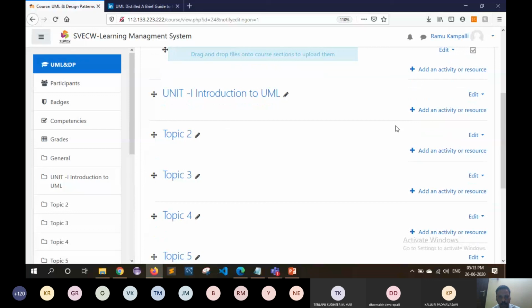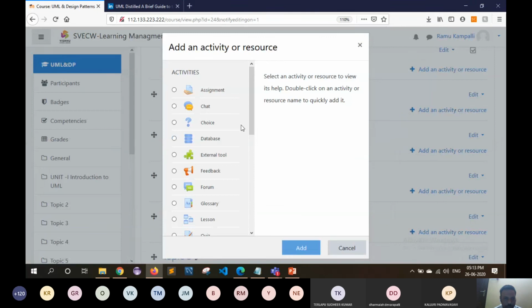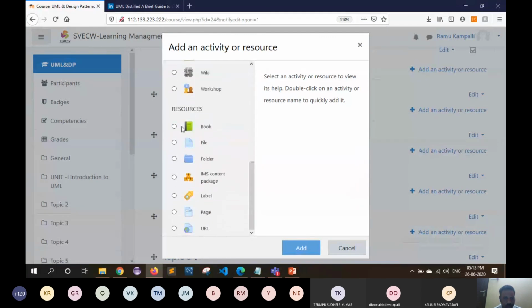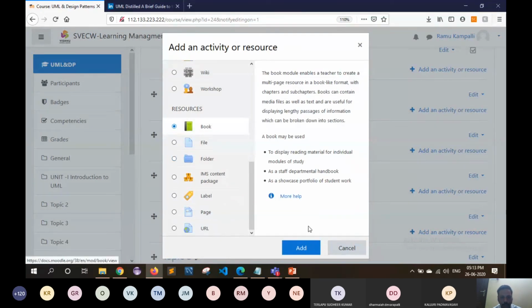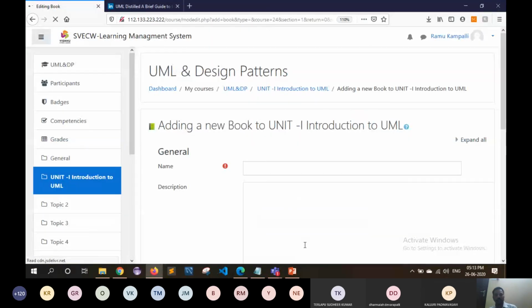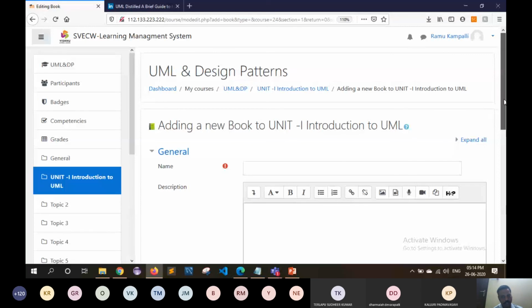Okay. So here in this first unit, I'm going to add different types of resources. I'm selecting the first resource, like suppose book. So book here is not exactly a PDF book or any other kind of book. Inside Moodle itself, we can organize our topics in a book display fashion